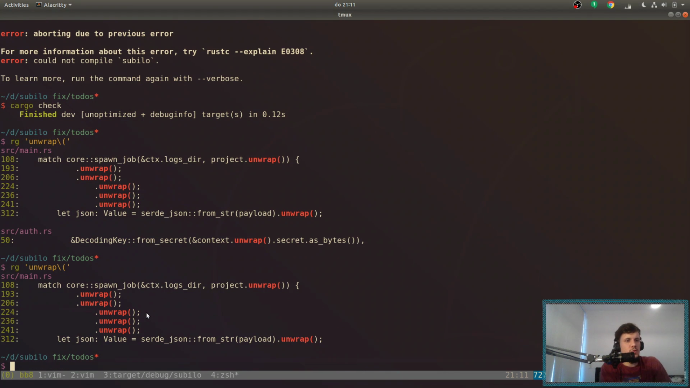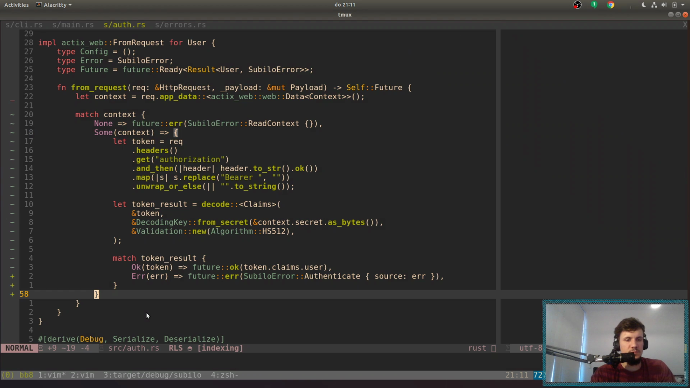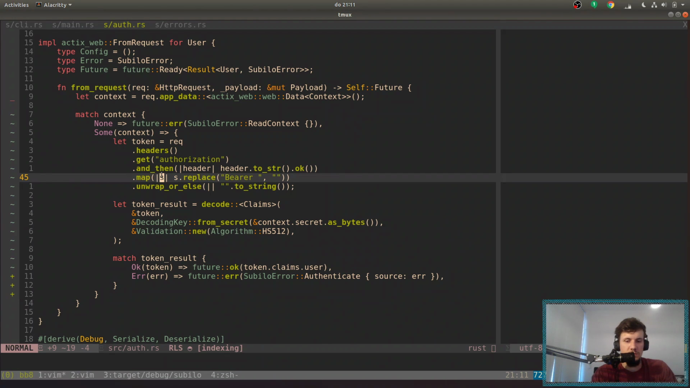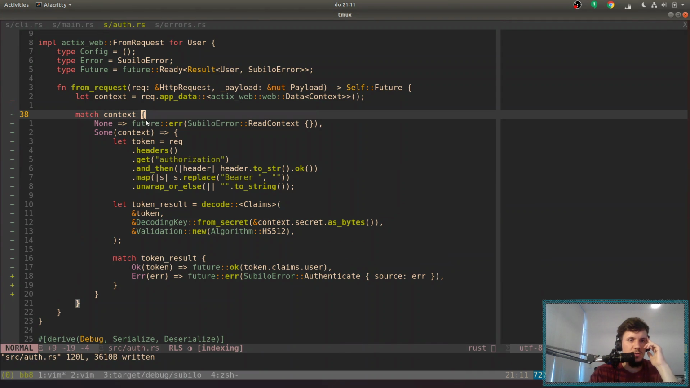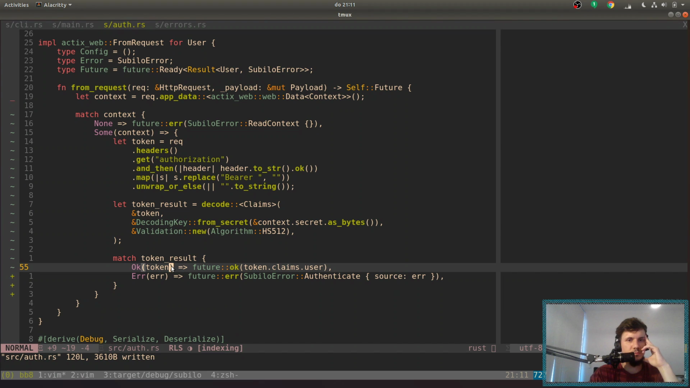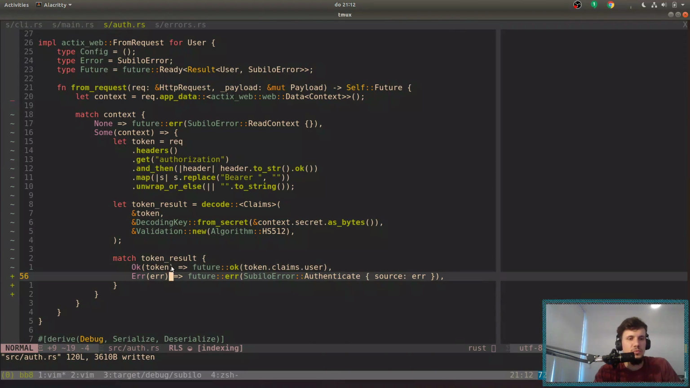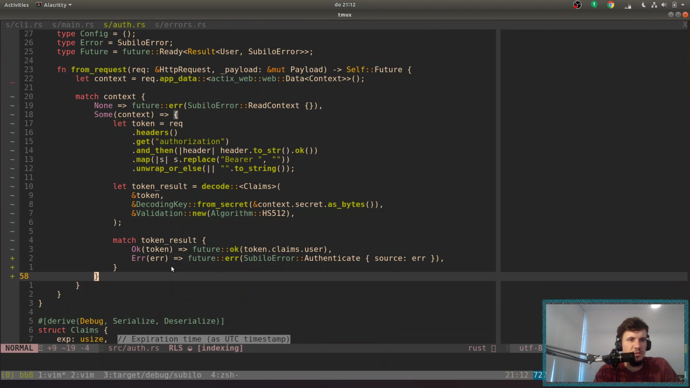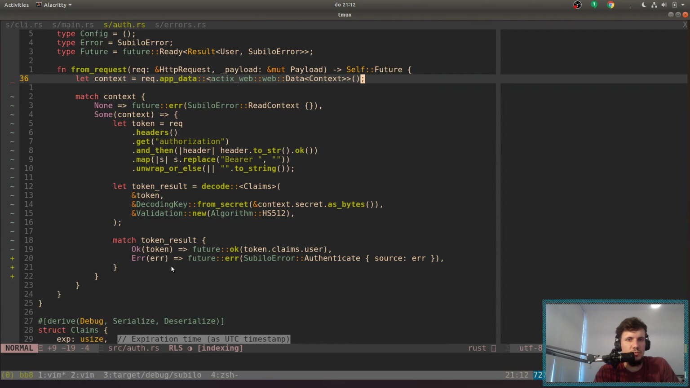So we have no more calls to unwrap here. And the only not so nice thing is that we have quite some levels of nesting, but we could do, for the sake of refactoring, so if we do